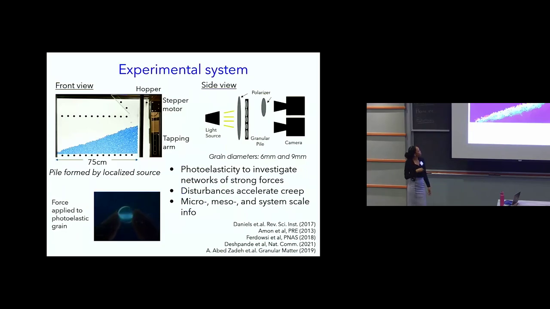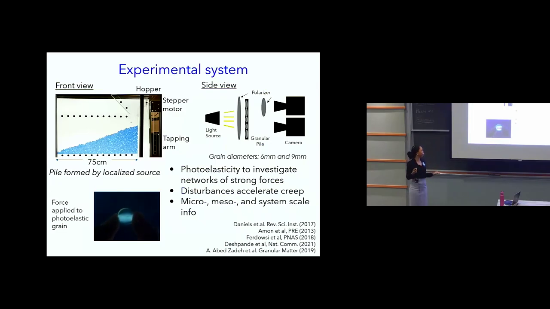So here's the experimental system that we use in our lab to try to understand more about creep and failure. In it, we have a pile of grains that we form to be just under a meter wide in an acrylic chamber. We form this by allowing grains to flow through a hopper that's at a fixed location above the surface of the acrylic chamber. So it's kind of like creating a pile using a localized source procedure, like so. And then the grains flow, and they naturally fall to a critical angle around the angle of repose of our granular media.